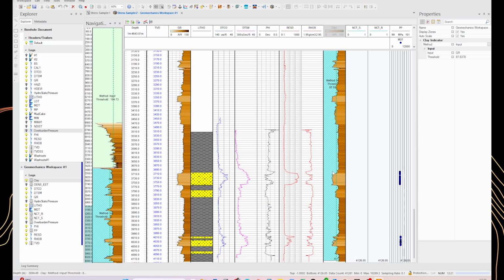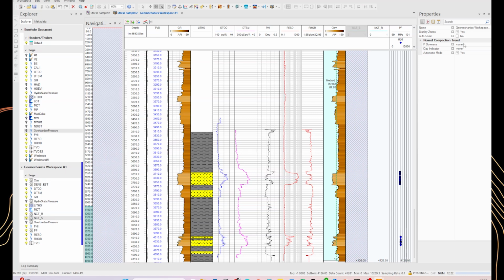Once we're satisfied with this calibration, we go to the next step, which is the normal compaction trend line in WellCat. We have two possibilities to deliver the normal compaction trend line. One is using the sonic as a proxy for the calculation of the normal compaction trend line, or the other is the resistivity. In this dataset, we have both. We have the compressional, which is the blue line, and we have the resistivity, which is the other. The deep resistivity in this data has a longer depth range, and it gives us a more complete pore pressure, but we will use both.